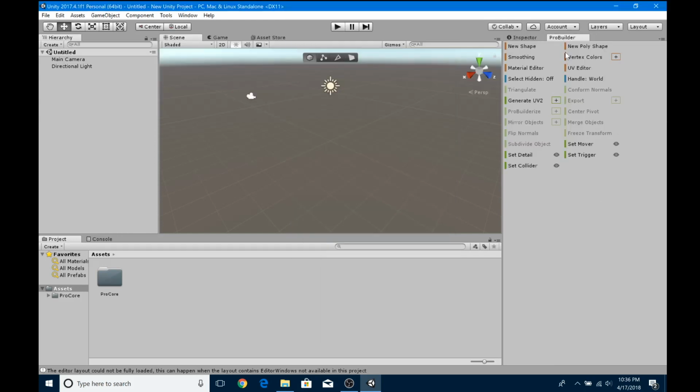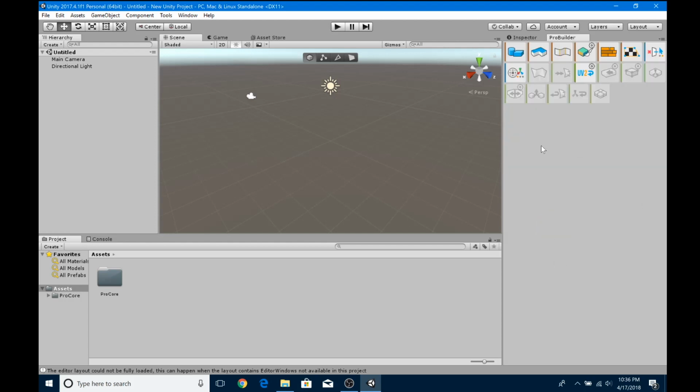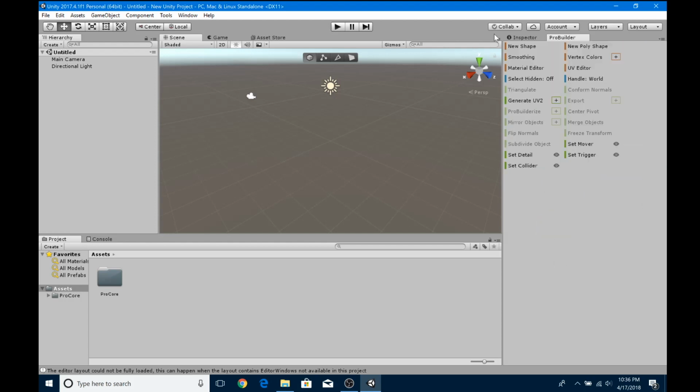So what I have here is the Word version, I guess you can say, because you can switch to icon mode. I like the Word version because it says what it is. So here's what's really cool about this. Before this, you could either have created the stuff in Maya, or you could use primitives and stuff like that to create it in Unity. Both were kind of a pain, but with